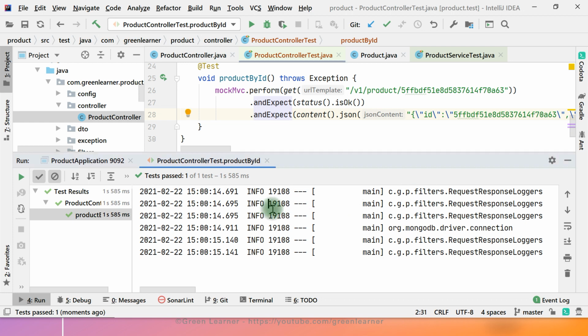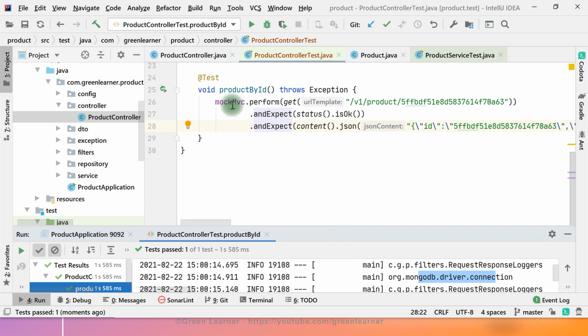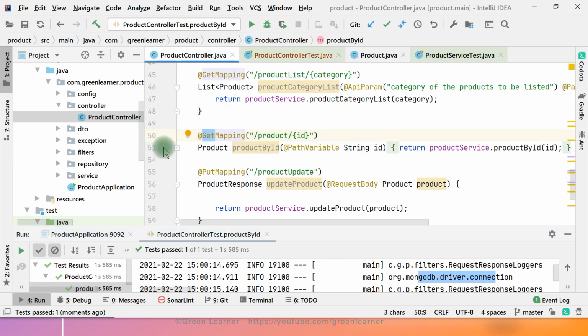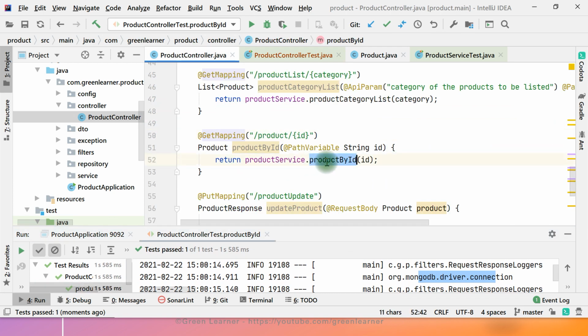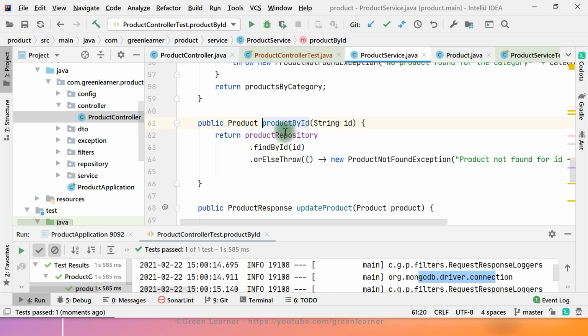Now coming to the main point here. As of now it is connecting. So how is the flow going? It comes to the product controller, goes to the service, and contacts the repository, and the repository has all the data sources and MongoDB connection information it needs. It is contacting that one, but in real time it is on my system and it is passing because I have the Mongo database connection. But if you clone this project onto your system, you also have to set up the Mongo database just to run the test cases.